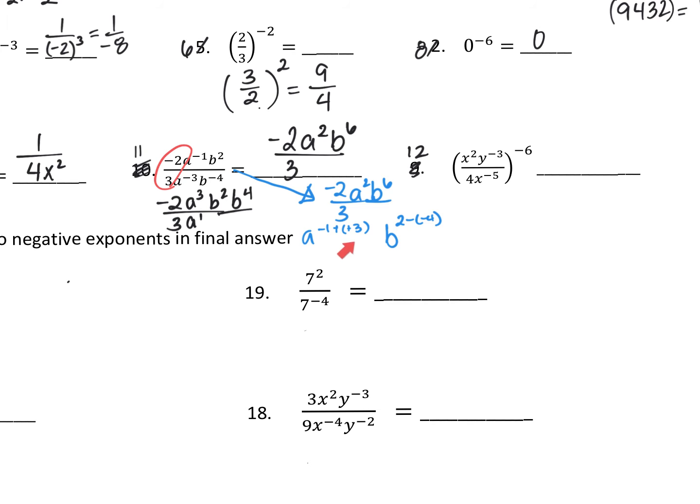Which one? This, it was negative 1 minus negative 3, right? Became plus positive. So it was originally